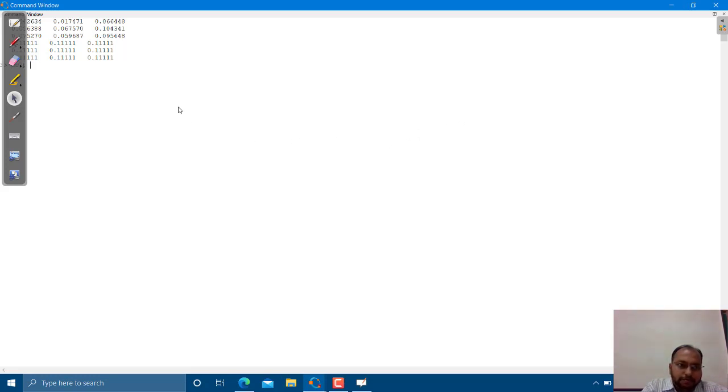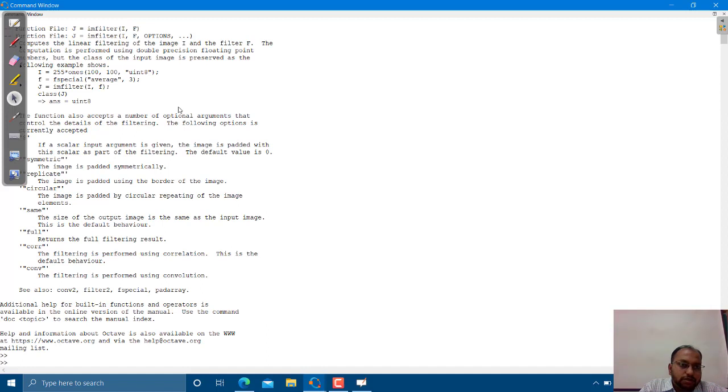Let us type help imfilter. Over here we have symmetric, replicate, circular, the size of the output image, same or full, and then correlation or convolution.